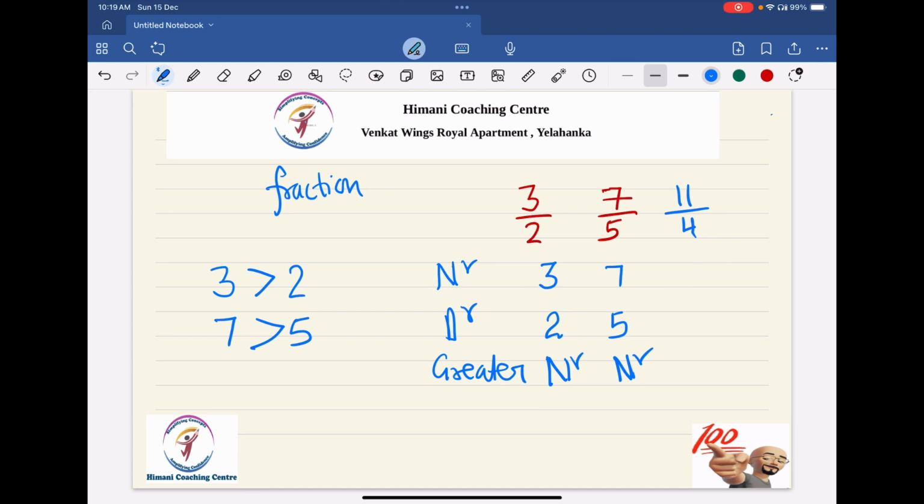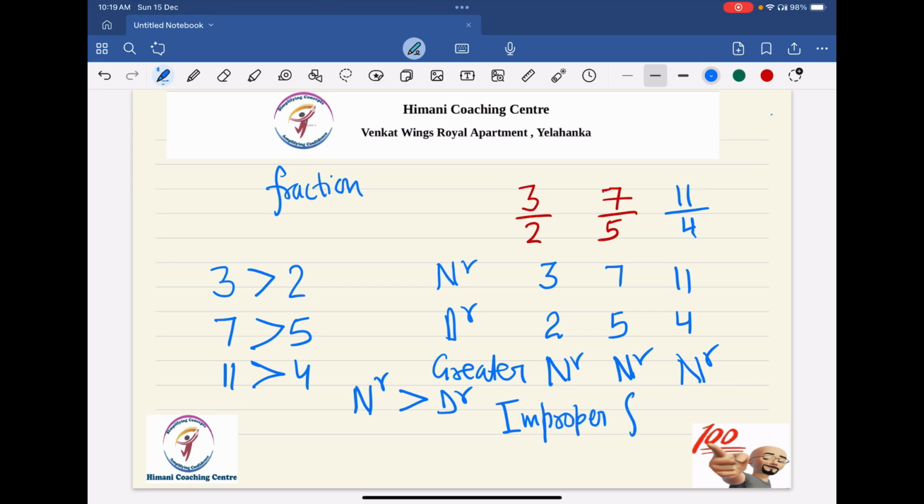When we do this, 11 is the numerator, 4 is the denominator. Which is greater here? 11 is greater. So what are we seeing in these fractions? That the numerator is greater than the denominator. So whenever the numerator is greater than the denominator, those fractions are called